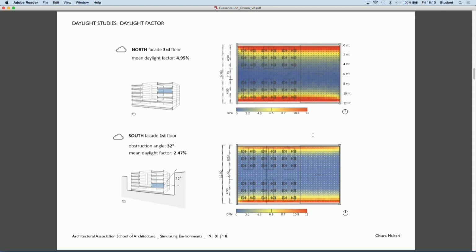A typical third floor unit, which is the unobstructed condition, shows a 5% daylight factor, whereas a typical first floor unit is receiving almost half the daylight, with a mean daylight factor of around 2.5.